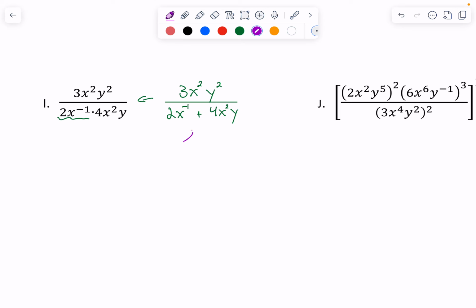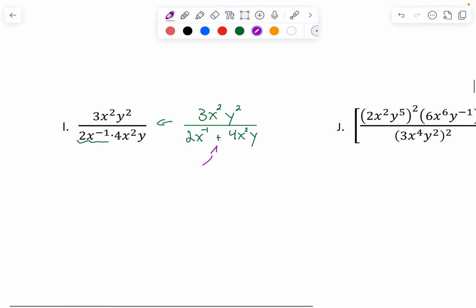No, because you have this addition here, you can't use your rules, okay? This whole thing works because everything is being multiplied and divided. So rules do not work